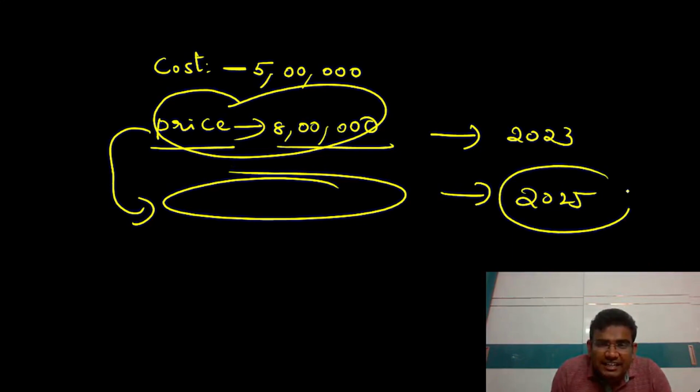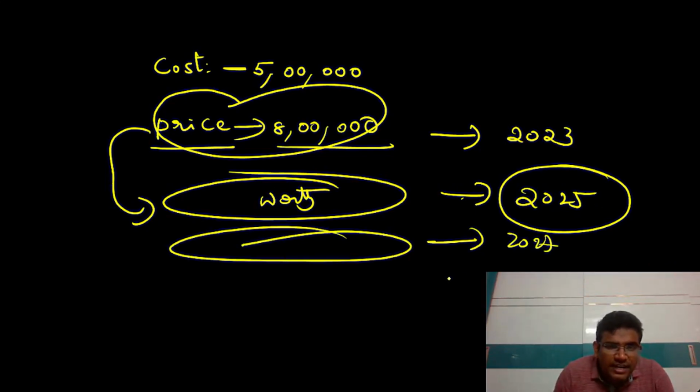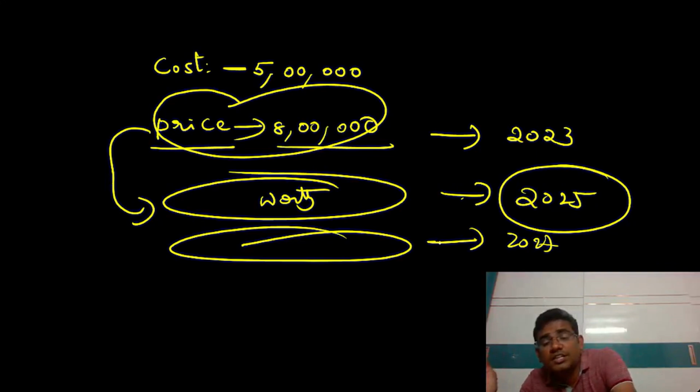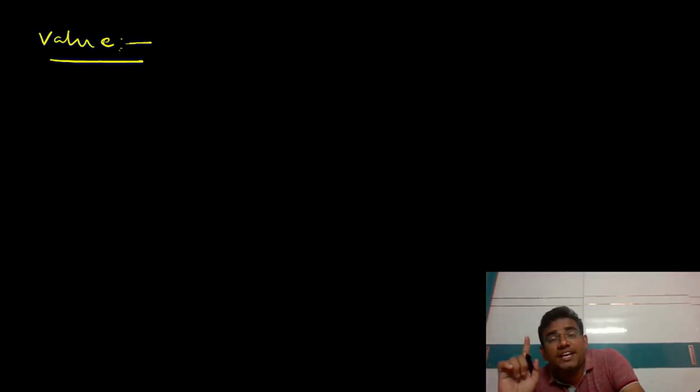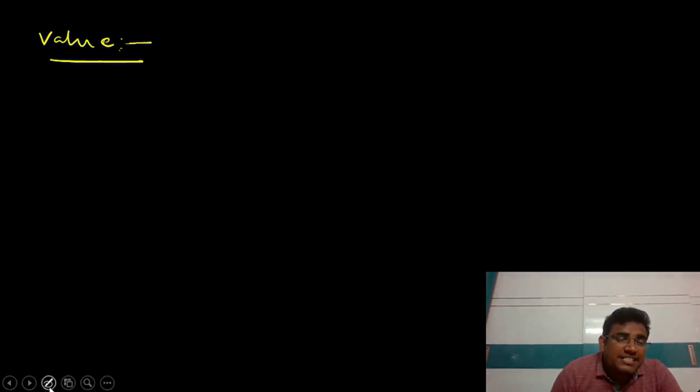If you sell it in 2025, its worth will be different; in 2027, different; in 2029, different. So value is the present worth of a product,